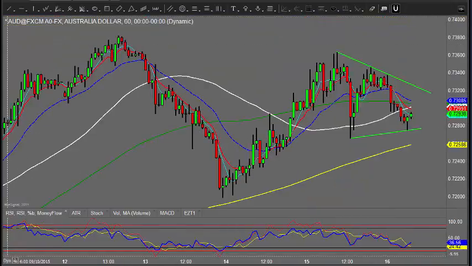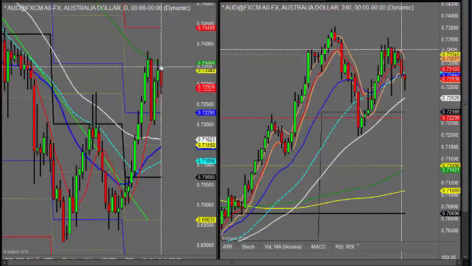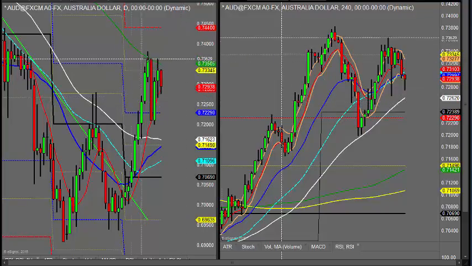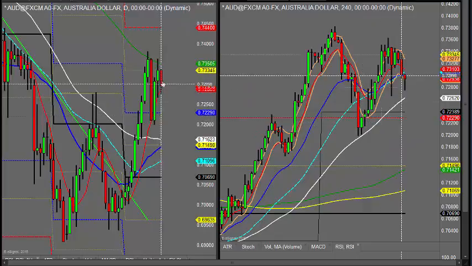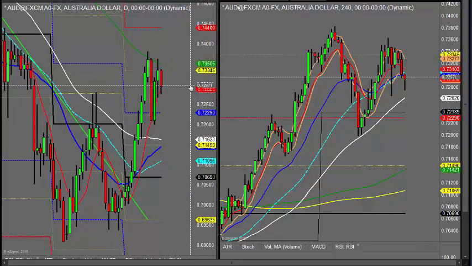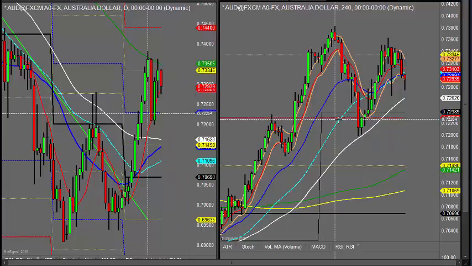Aussie dollar is consolidating around its current range. It's not managed to get either way. I mean, it put a bearish pivot swing in, it then put a bullish pivot swing in, and as I say, it's not making any true headway at the moment. And it could be that it's just coming into a zone where we'll see it consolidate a lot more.